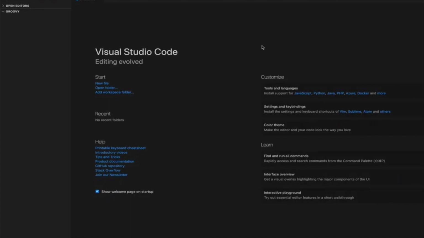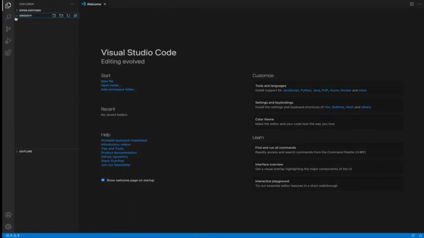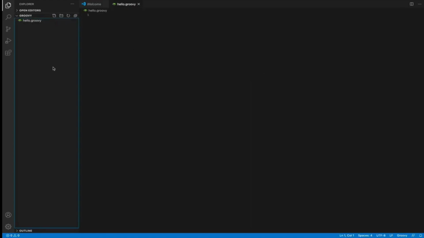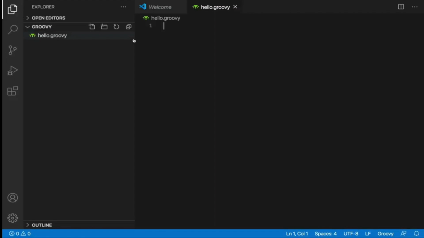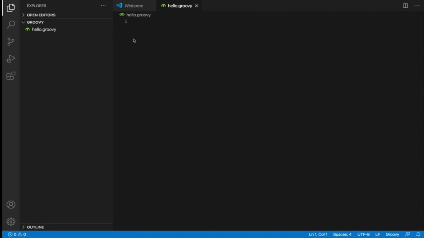Alright, so now in this folder I'm going to first of all create a file. So I'll just say hello.groovy. Okay, now here I'm just going to zoom in a bit. So we're going to be creating one class, so we start with the keyword class and I'm going to say Main and then have curly brackets. Then we're going to create a static method. Return type is void and I'm just going to name it main.